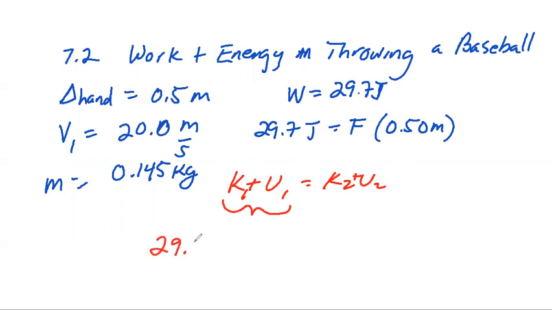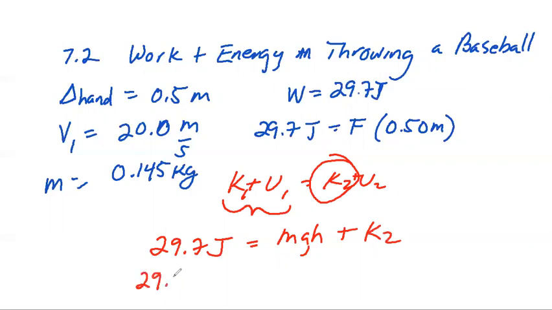So 29.7 joules equals mgh plus K2, and I'm solving for K2. So I'm going to take 29.7 joules minus 0.145 kg,